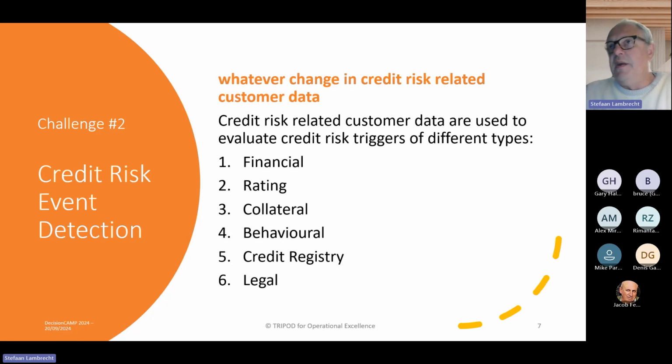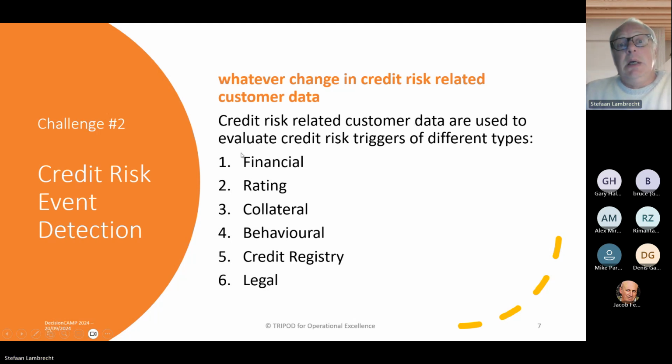So whenever during a day's time something moves for the customer, it can be, for instance, new financial information we received, or the bank received through whatever channel, new annual accounts for a customer. That means that there is new information. It can be positive, it can be negative, but that will be assessed by the decision engine, and then the decision engine can act upon it if possible or if needed.